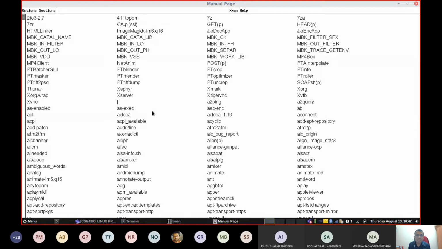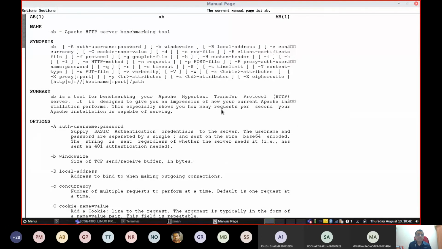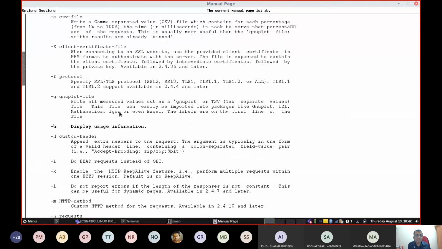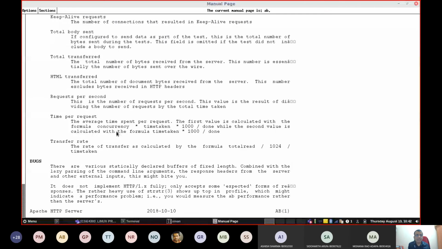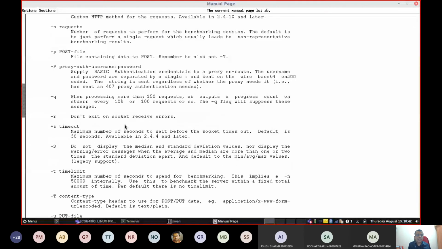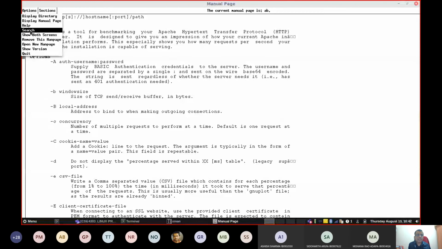Say, for example, I will select one command here. Double click on any one command, and you will get the same output you would otherwise get, but in a graphical way. Like this, you can go through it. If you want to search for any command, a search option is also available.